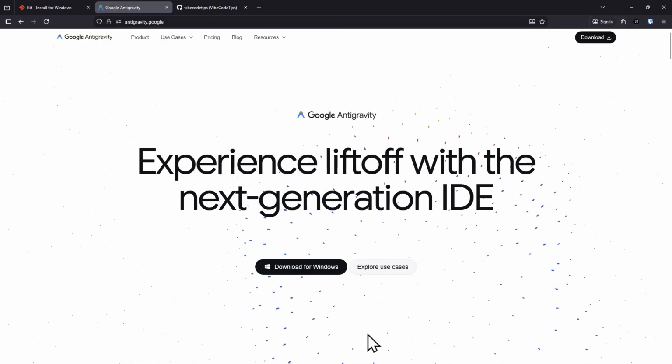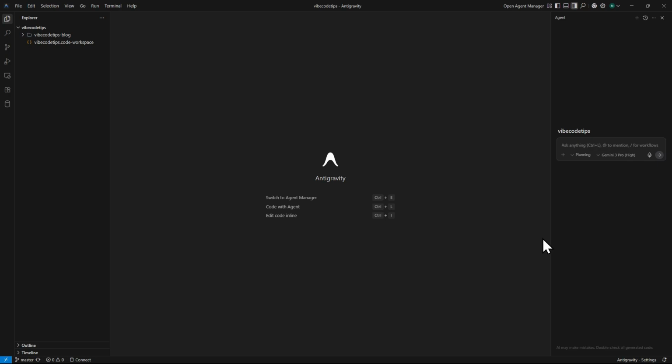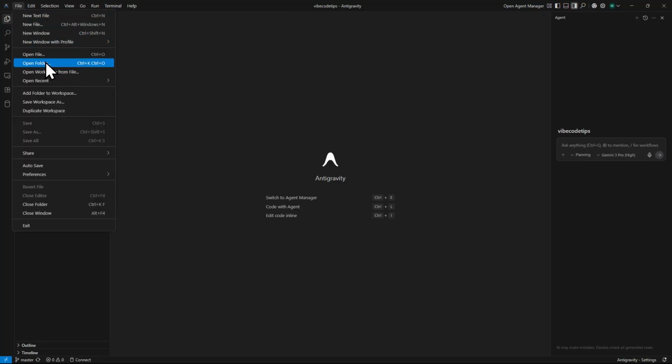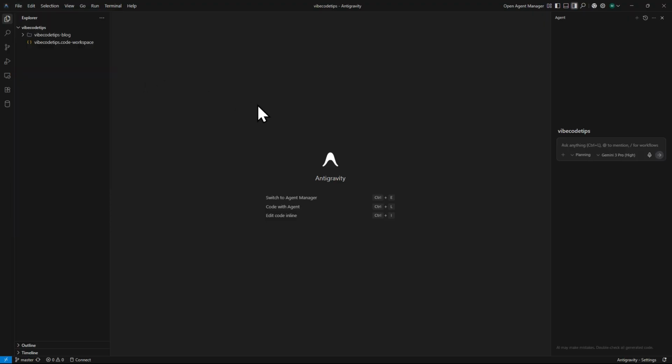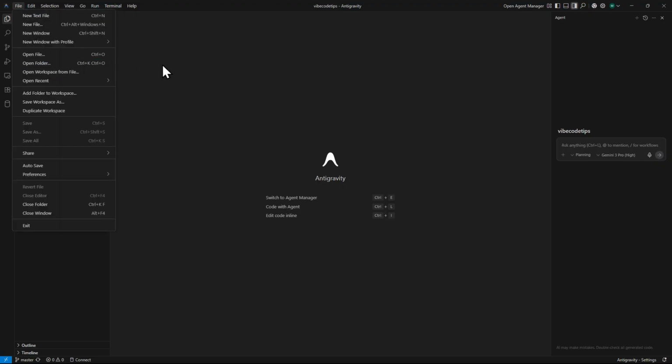So let's go to the Antigravity then. Open up Antigravity, and what you first see is probably not that much, but you will need to select the folder. So wherever you want to store your website on your file system, just create some kind of folder for it, wherever. And then open up the folder,